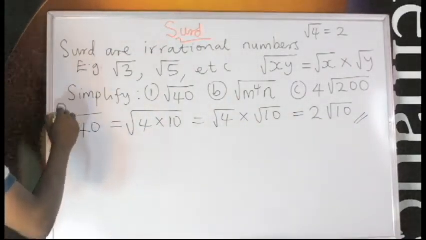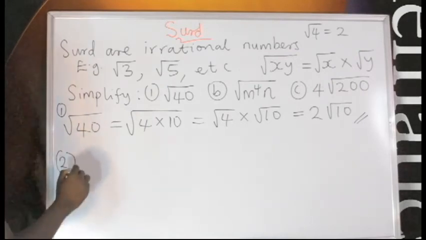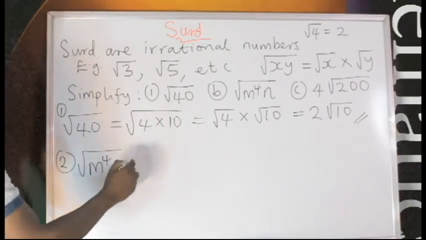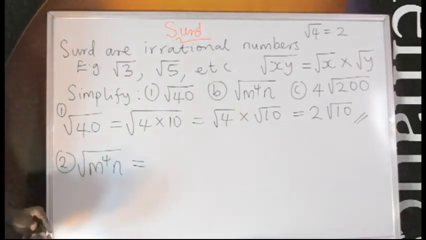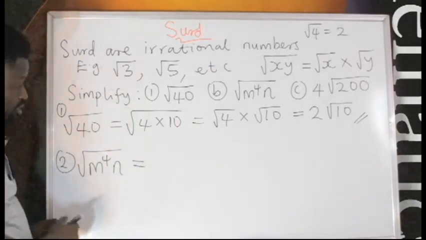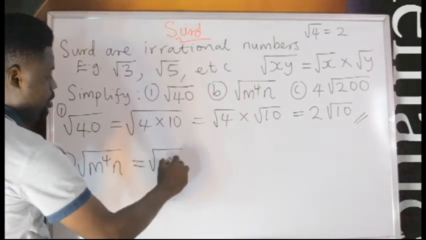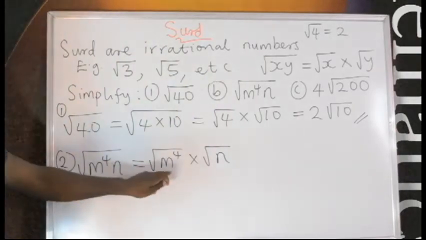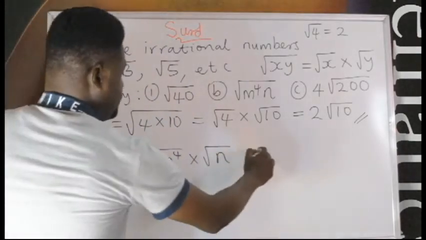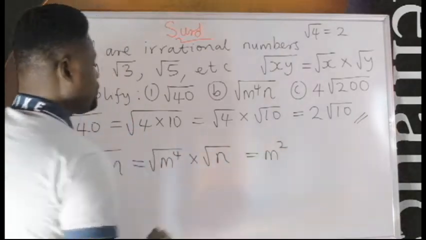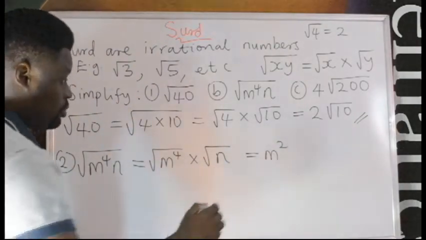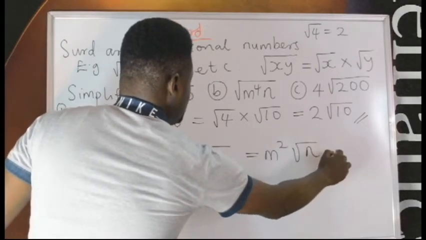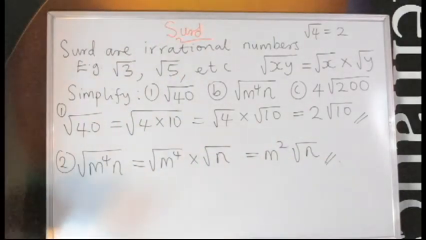There's 1, then 2. We have m raised to the power 4, n. Now this one has a square root, this one doesn't. So we have the square root of m raised to the power 4, times the square root of n. The square root of m raised to the power 4 is m raised to the power 2. This one doesn't have a square root, so you leave it that way. And this will be your final answer. Then